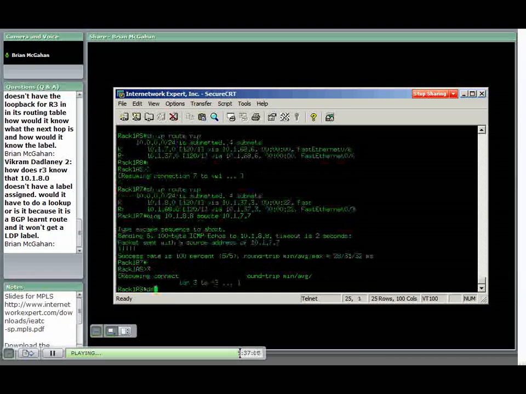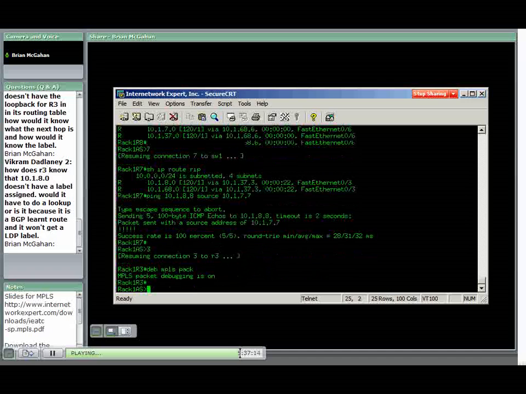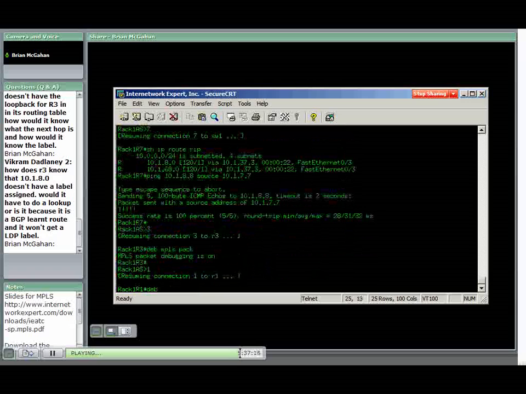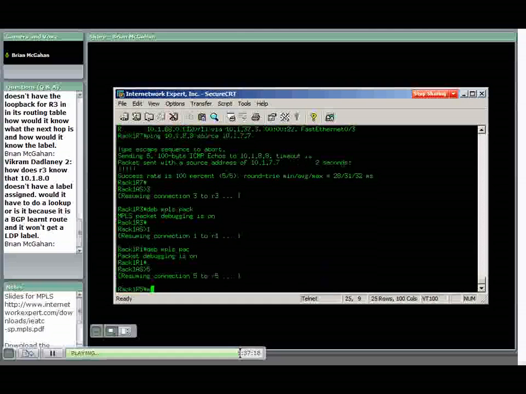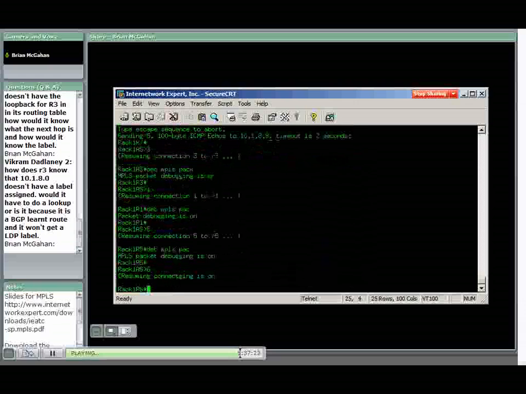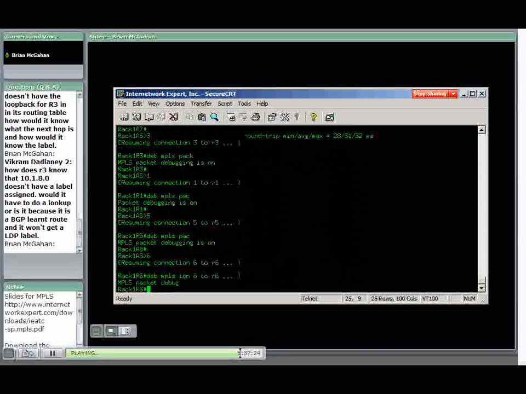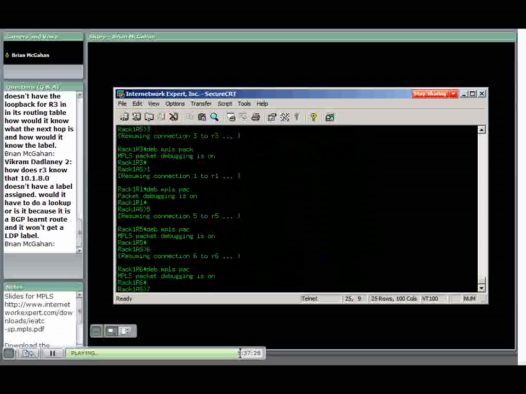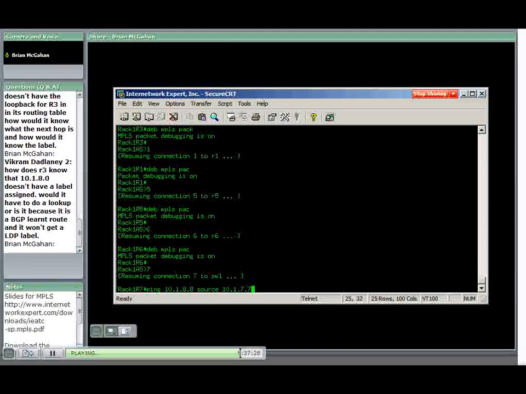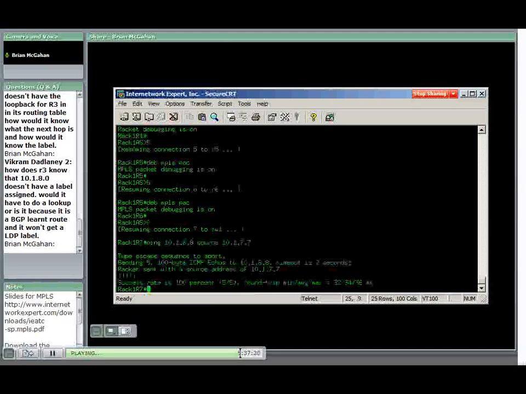Okay, they should say via redistributed. And we can see in the configuration we do have the redistribute BGP command. What we are missing here is we need to disable the default behavior of the IOS. For loop prevention, it is not going to allow us to redistribute iBGP learned routes into the IGP. So what we need to say under the BGP process here